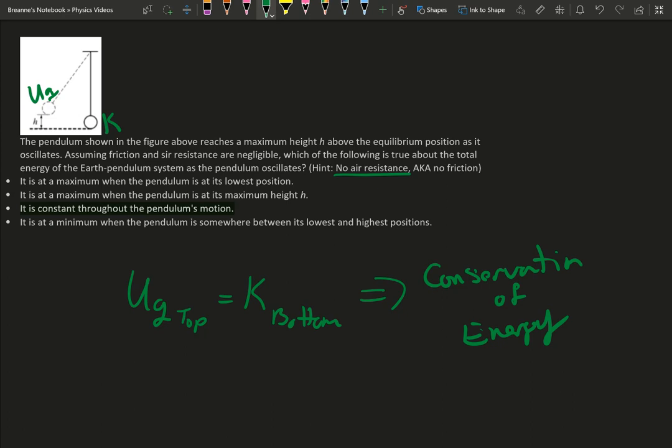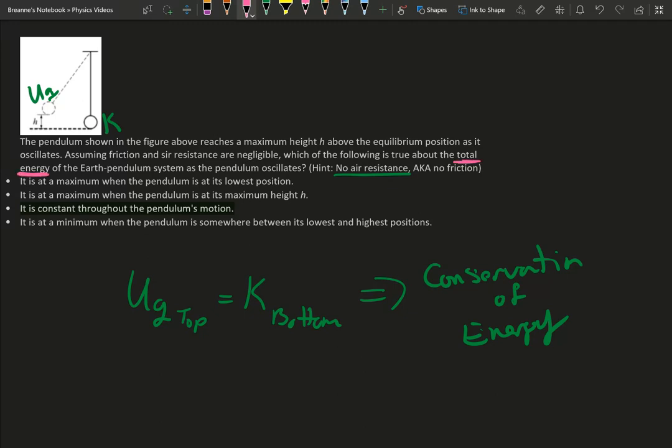Potentially it is at a maximum when the pendulum is at its highest point. It is constant throughout the pendulum's motion. It is at a minimum when the pendulum is somewhere between the lowest. Now, the key thing we have to watch out for is it's talking about its total